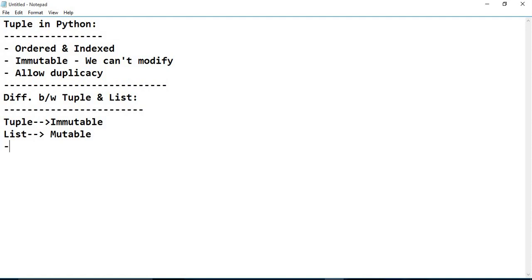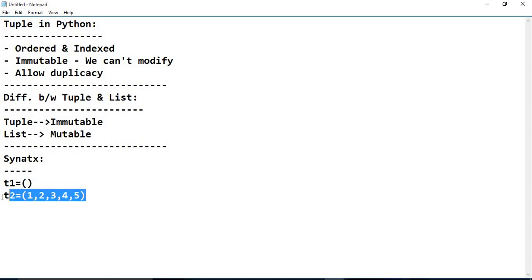And if we talk about syntax, T1 equals to empty parentheses, this is the empty tuple, and T2 equals to 1, 2, 3, 4, 5. This is the integer elements of a tuple.